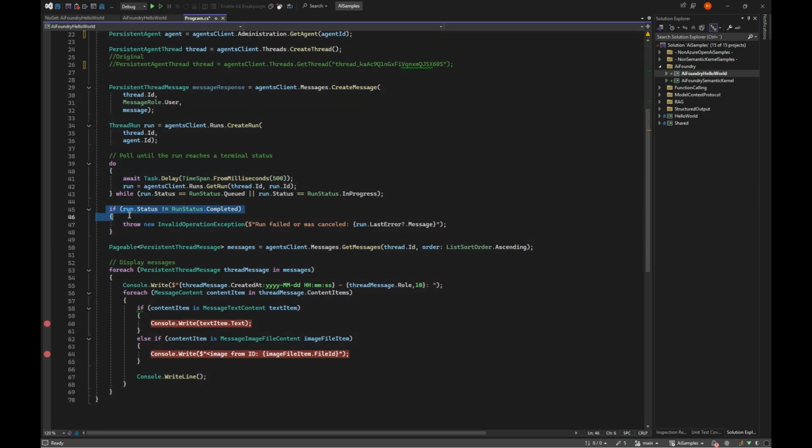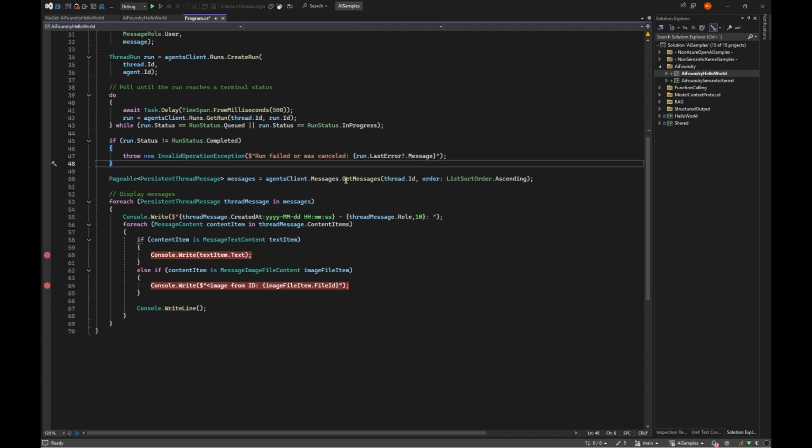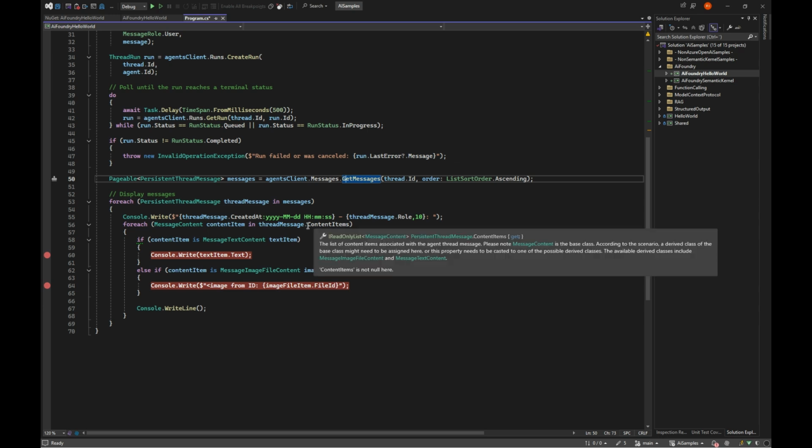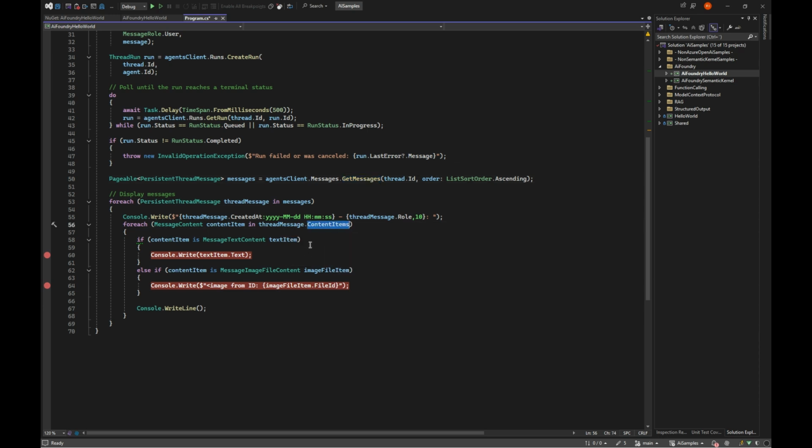When it's completed, if it's not completed, it will fail, but otherwise it will go in and get the messages of the thread and loop through the messages, which often don't come in order. That's the reason why they have the list order here. And then for each message, there can be content items. I've only seen one so far for each message, but apparently there can be more.